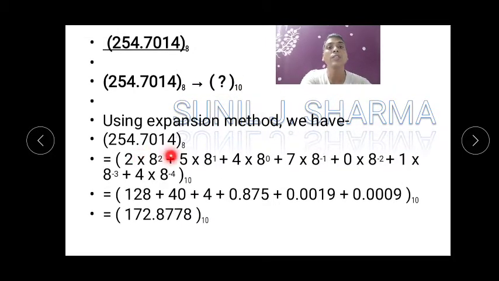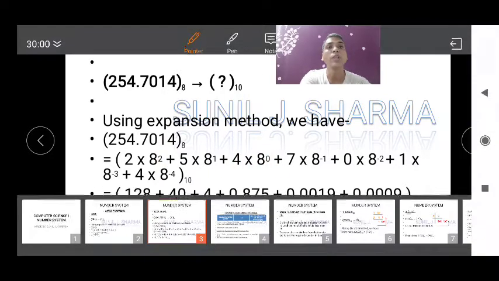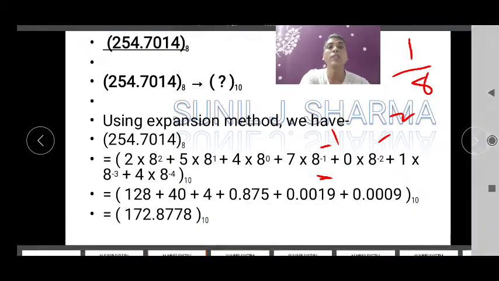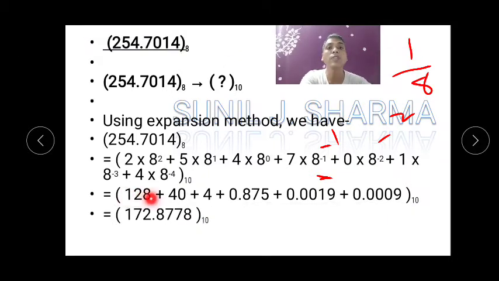I have already explained this in the previous case, but let's see how to change this. Can you see this is your decimal part? So 8 raised to minus 1, 8 raised to minus 2, and 8 raised to minus 3, and like that. Everyone knows that you can also write 1 upon 8, then 1 upon 8 raised to 2, that is 1 upon 64, like that. What they did is, this is the answer for 128: 64 into 2 is 128, 5 into 8 is 40, and 1 into 4 is 4.